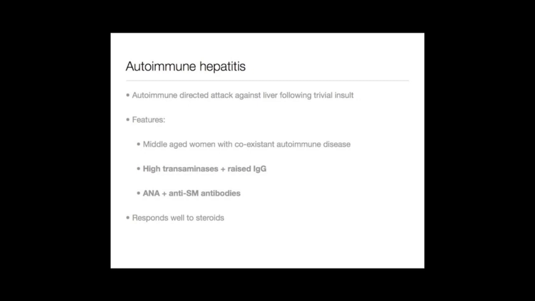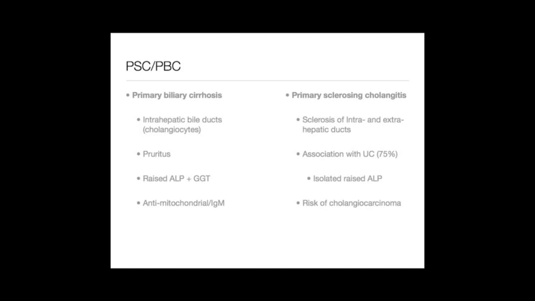Now, there are lots of autoantibodies with all of these conditions, but there are a couple that you should really, really try and remember. In autoimmune hepatitis, you should remember ANA and anti-smooth muscle antibodies. Those are the key ones. And in terms of treatment, there are different types of autoimmune hepatitis, but as a general rule, most cases respond fairly well to steroids. In terms of these other two conditions, primary biliary cirrhosis is where you basically have intrahepatic